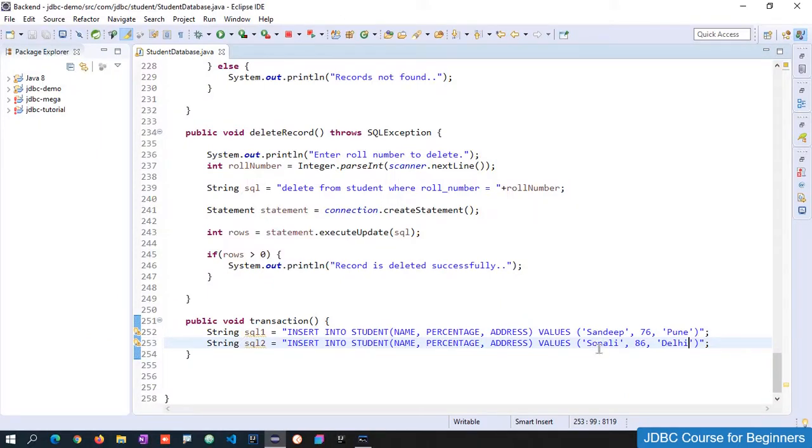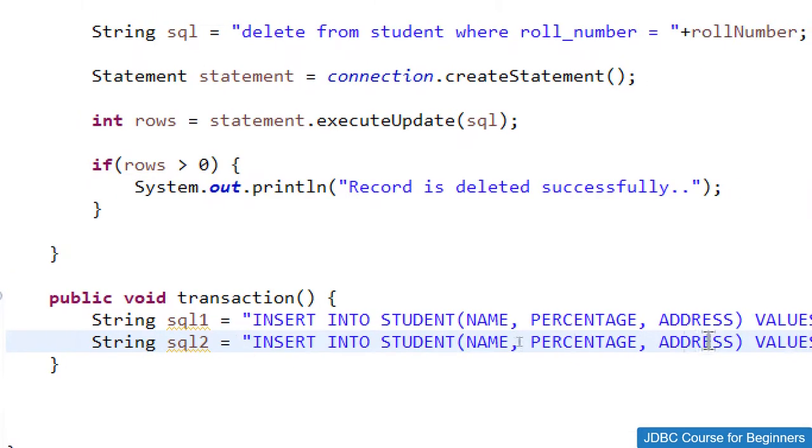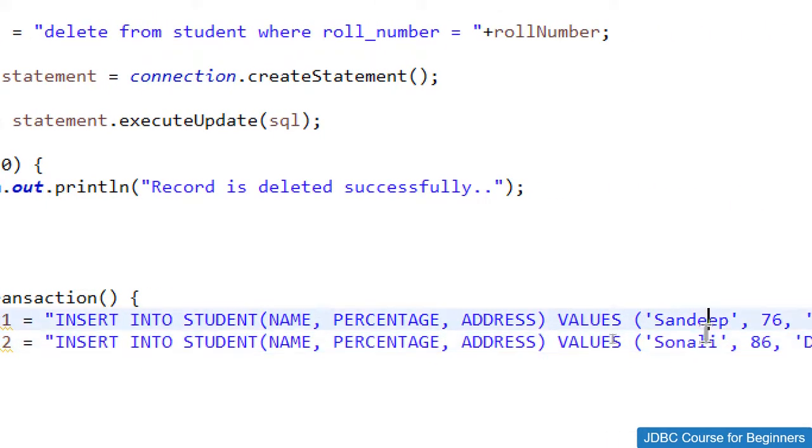Now my situation is I want to perform these two queries. So in such cases, whenever we want to perform some operations in parallel, transaction management is really very important. So over here we have everything as it is, and we have just two queries. So let me perform these two queries. So how can we do this? We just need to use prepared statement.